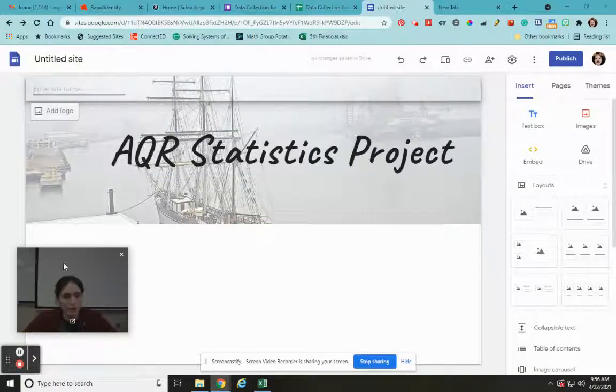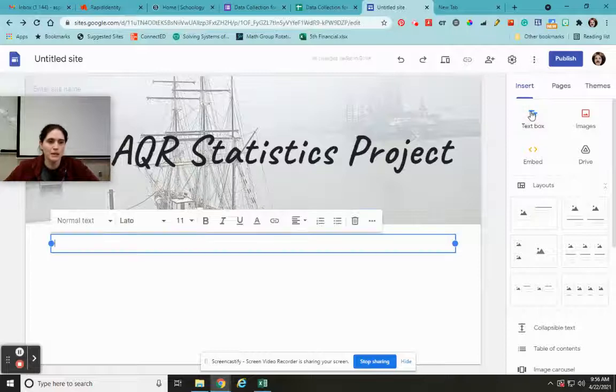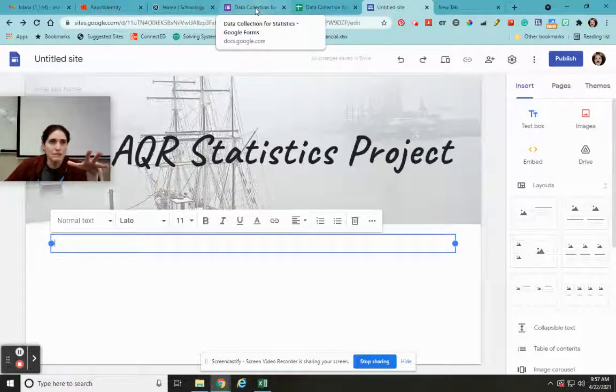Next thing you want to do is put some kind of a description. In this case, over here on the dashboard, you could put a picture if you wanted to. In this case, I'm just going to put a text box, and I'm going to put, this is my statistics project for AQR. Now, we sent out our data collection forms on Google Forms, and we asked like one or two or three questions. What you're going to do is pick the question that got you the most usable responses,